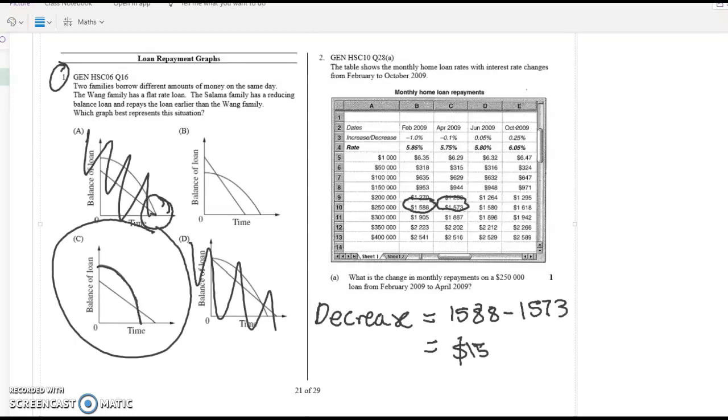All right, so the loan is $307,000, which makes it a little bit sneaky the way you've got to figure it out. So looking at October 2009, it's this row here. If it's $307,000, then it doesn't give us exactly $307,000 here for our loan, but we can figure that out by looking at 300,000 and then adding 7 lots of 1,000. That's how much we'd need to repay per month. So our grand total for the monthly repayment is going to be